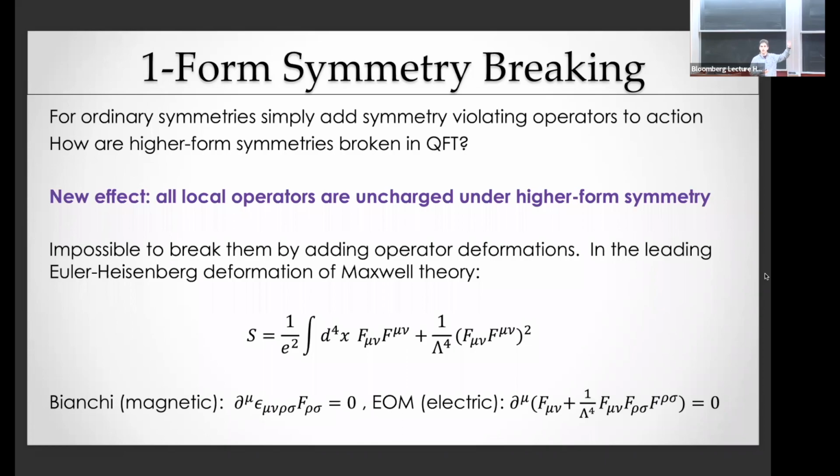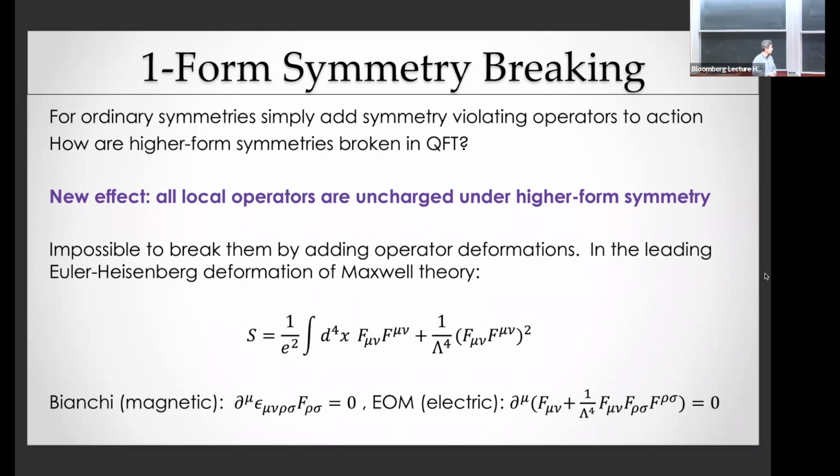You can't just add an operator to the Lagrangian and break it. Something richer has to happen. Let me just highlight that by talking about the symmetries in Maxwell theory that we were talking about before. So let's add, for instance, the Euler-Heisenberg term, leading term, and we could reanalyze the symmetries of that now interacting